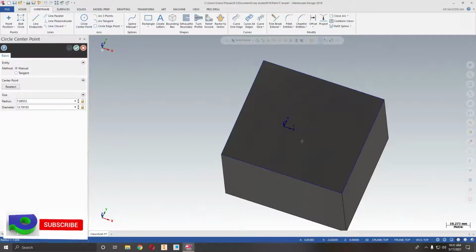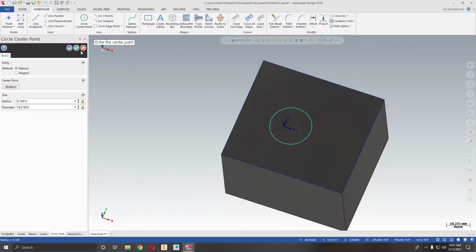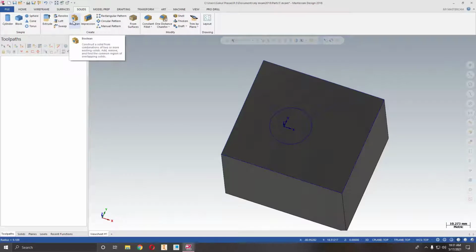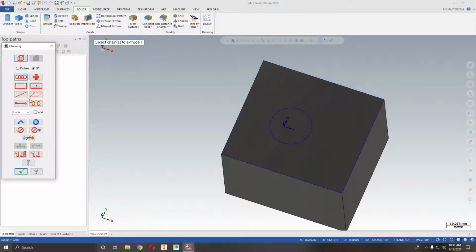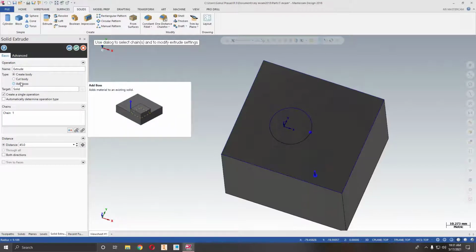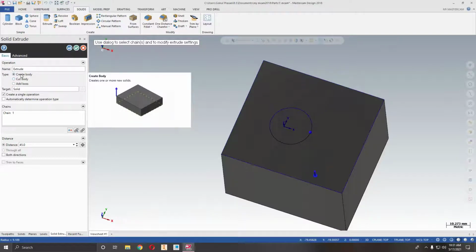So I have designed it, and again I will go for a circle in the center. Now I go with the same extrude operation, but I select the entity as a whole and go with cut body. After the first sketch, it enables three options: add boss, cut body, or create a body.